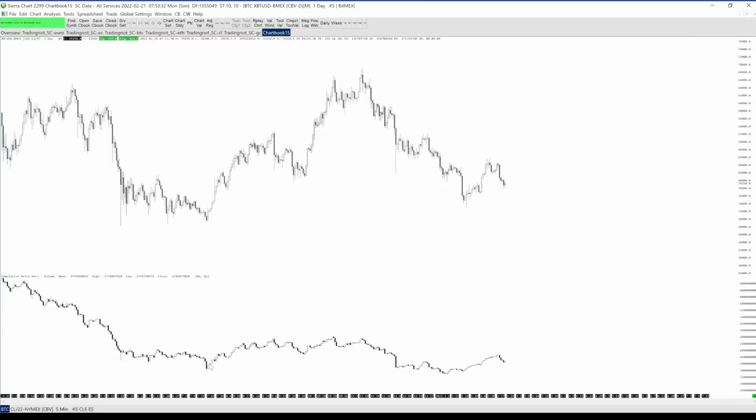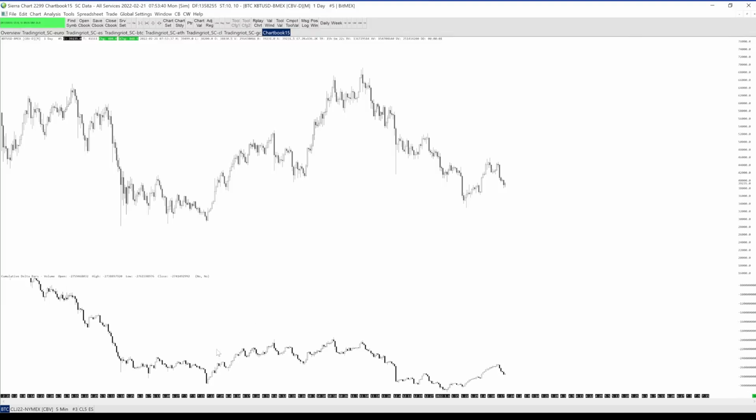The cumulative delta was going down. The market then basically moved back to the all-time high. The indicator was going up, but overall not that much. Then we had this huge sell-off. Now it's bouncing, but the issue with this is obviously